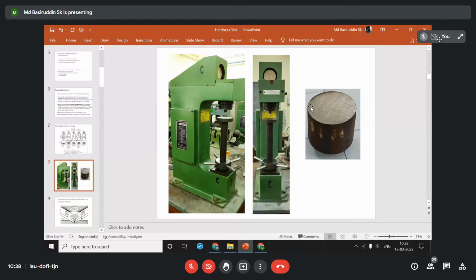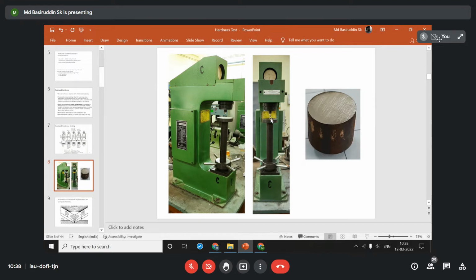And once the sample tilts, your proper alignment will be disturbed. So therefore we try to restrict ourselves to take the indentation near the middle region. And whenever we take the indentation, first we place the sample, then we have to apply the minor load,